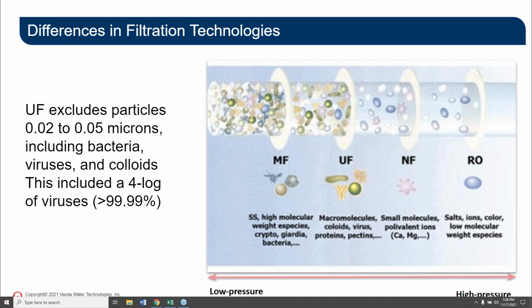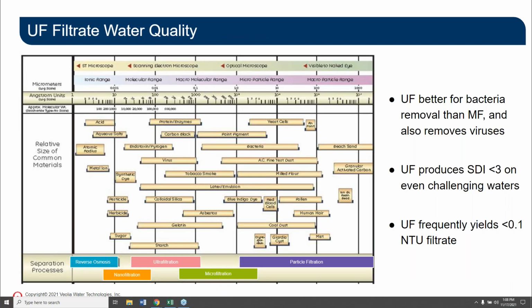As I did say, the UF does remove particles down to 0.005 microns and larger, and it also achieves a 4-log reduction of viruses and removes almost all microbiological organisms, which makes it a really good fit for downstream processes that may be either intolerant or in need of removal of bacteria. Again, you can see how the different filtration processes align